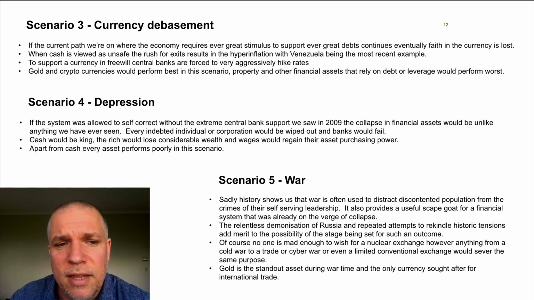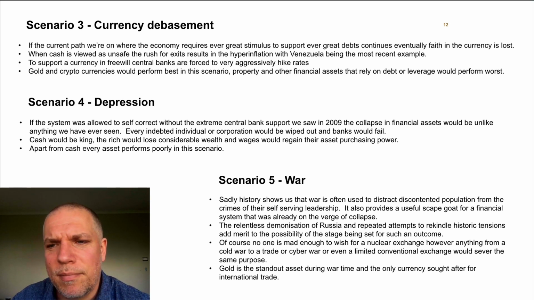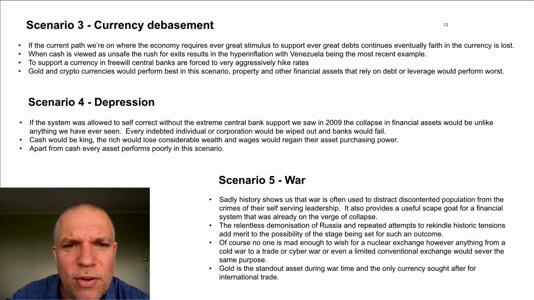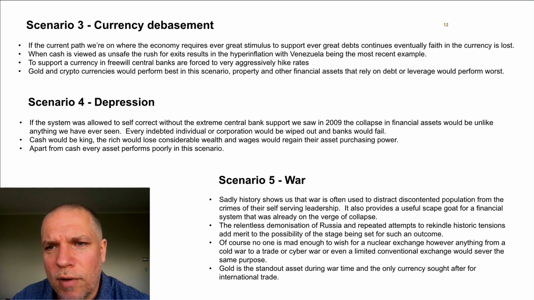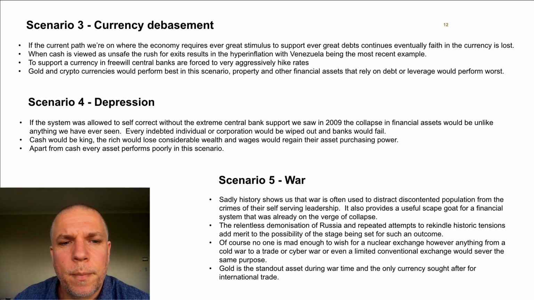If this was to happen, then again, all hard assets would do very well in a hyperinflationary environment, particularly gold and cryptocurrencies. I think they perform best. Other financial assets like stocks and property do okay, but because they're reliant on debt, they don't do so well, because interest rates do end up having to get really high to try and stabilise the currency, and obviously really high interest rates aren't favourable to highly leveraged assets like financial assets and property. So I'm going to say gold and cryptocurrencies do best under this currency debasement, excessive QE money printing scenario.